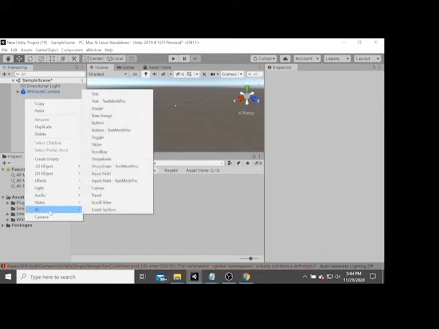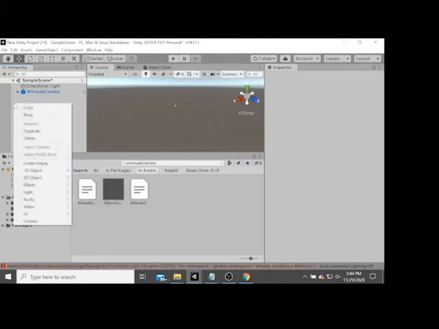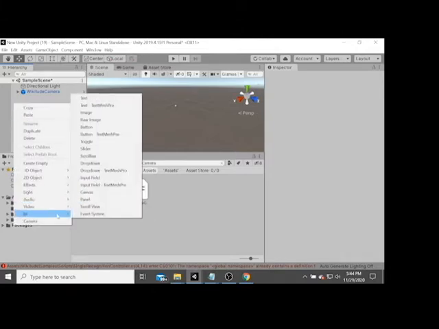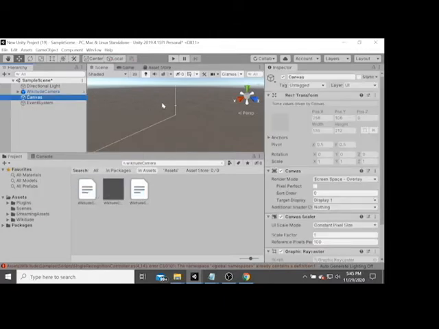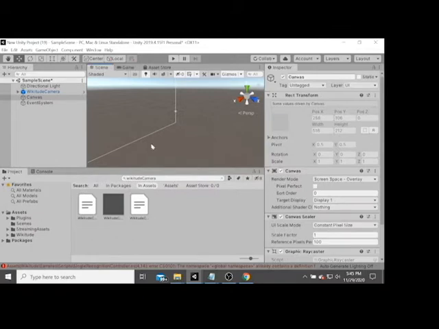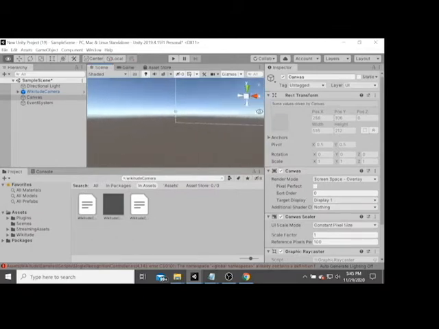So you can select UI. Right click, choose UI, and then select the canvas here. So you can see your canvas. Okay, this is my canvas.